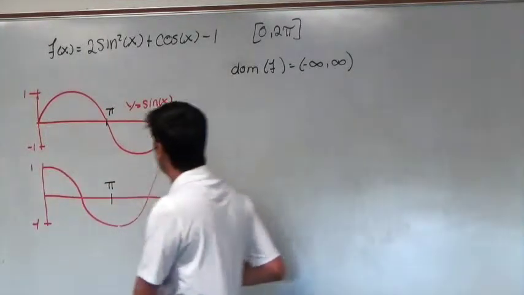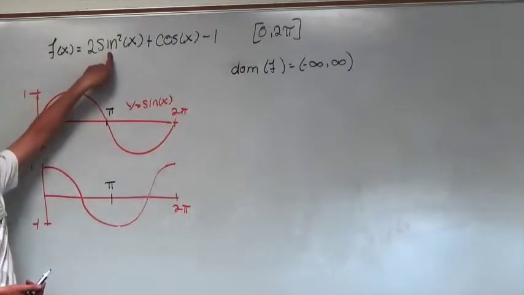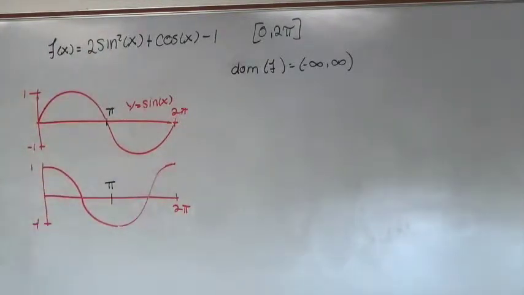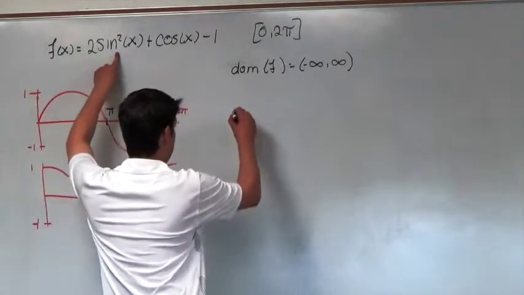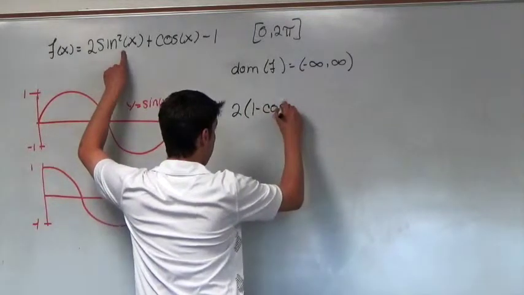As I was saying before, it's nice to get your trig equation all down to the same trig function. So what I'm going to do is use a trig identity on sine squared. We know that sine squared plus cosine squared is 1. Therefore, sine squared will be 1 minus cosine squared. So trig identity: sine squared is 1 minus cosine squared